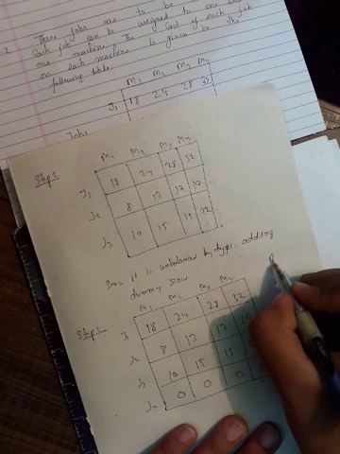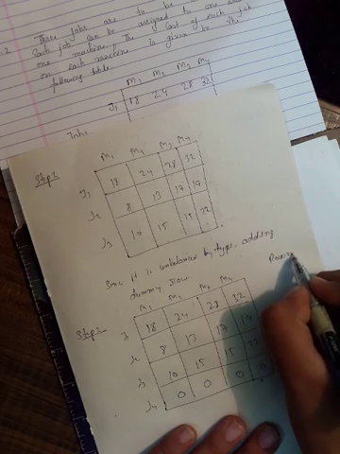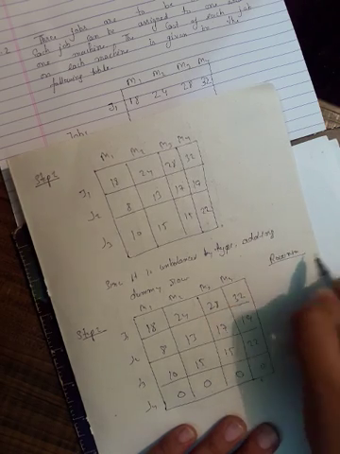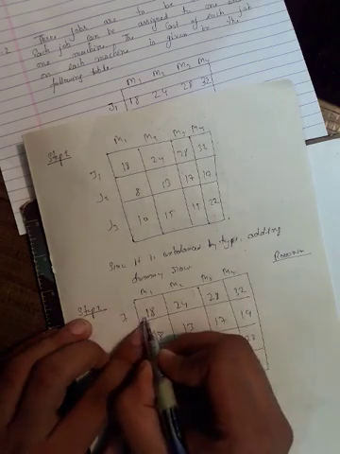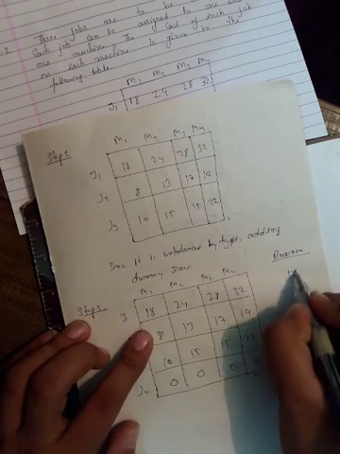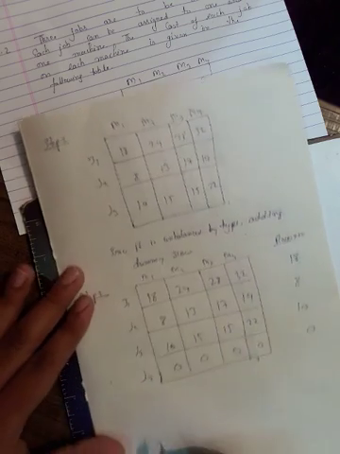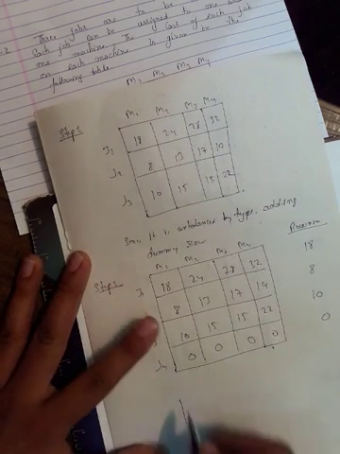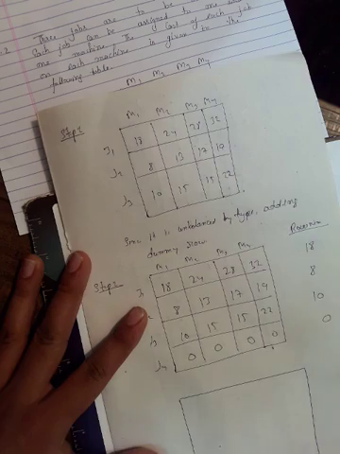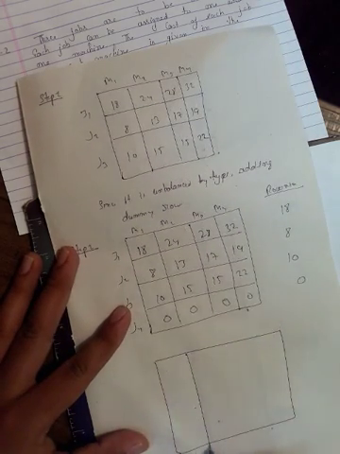Now we will go for the row minimum operation. So you have to select the minimum value from each row, as it is 18, here it is 8, here it is your 10, here it is your 0. So after doing the row operation, we are going to get a matrix as